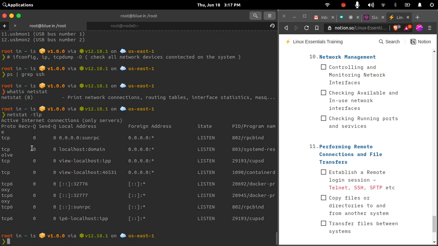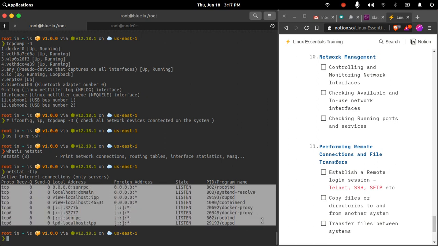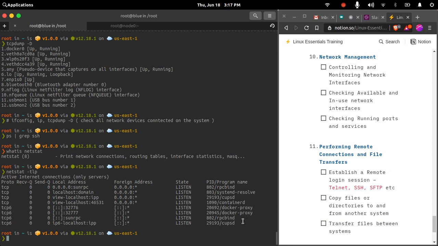If you see here, let me just zoom out a bit. Just for the convenience of reading, I have zoomed out this window. This is the currently running list of services on my system which are using some port. What I can do better is add n as an argument.